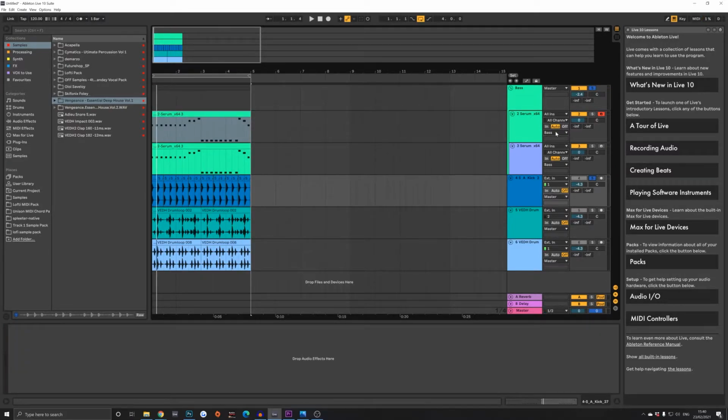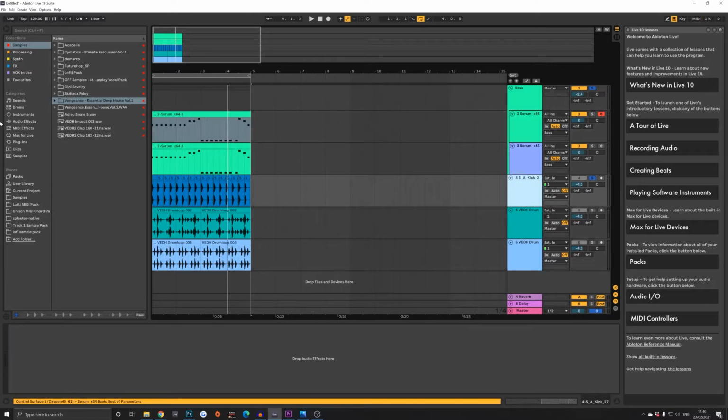So as you can hear, we got quite a subby sound, and when we bring that kick in, we're going to hear a lot of clashing because they occupy the same frequency range. As you can hear there, they're fighting for a lot of space with each other, and that's because they occupy